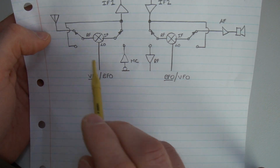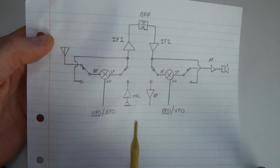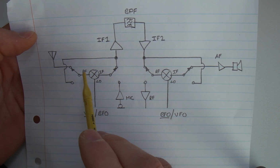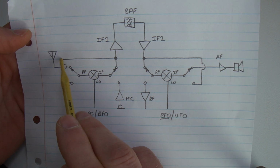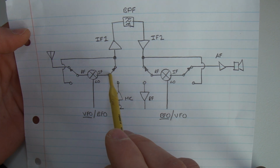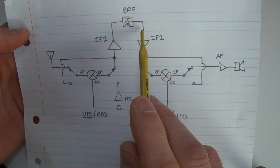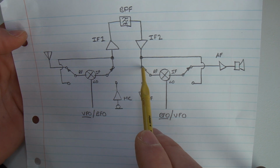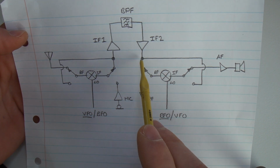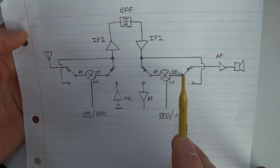So just to recap then, on transmit, our microphone audio comes in through the IF port on our balanced modulator now. Let me just drop that down a bit. We have our BFO frequency coming in, output is the IF, which is now going down here, and because of this little link, it now sends the IF over to here. It can't go any further this way because this contact's now moved down here, so we've got isolation. And then back through the IF strip, out to this side. Can't go anywhere here because that switch is now in this position, so it's blocked off. So it goes through this little link and pops in through here. That's now down here, up through there, and into our